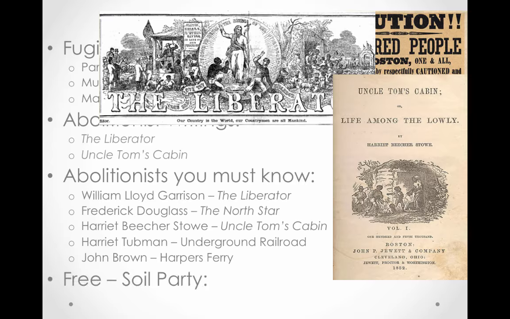So as we see in many reform movements across the United States, reformers tend to take their action into politics, and they organize themselves into a Free Soil Party, and these were abolitionists who were against the spread of slavery into Western territory. So as Manifest Destiny continues to be an issue in the United States, the concern about slavery moving west will dominate the discussion in American politics.